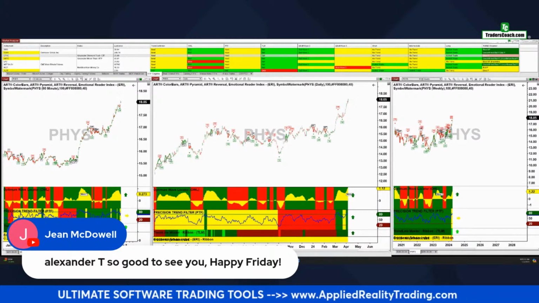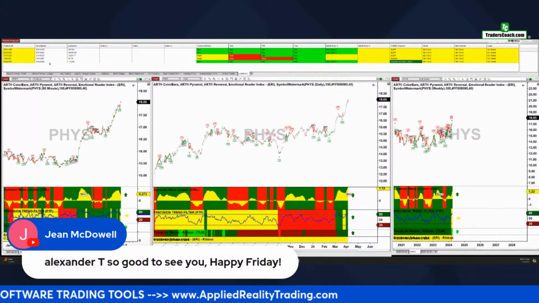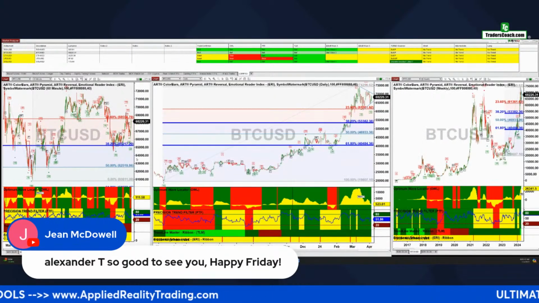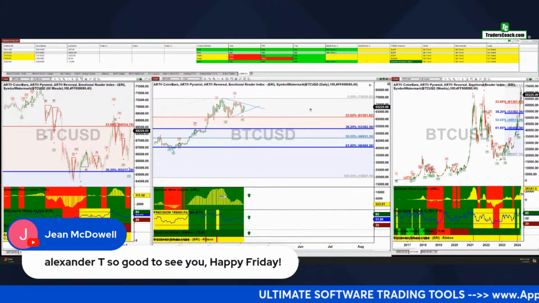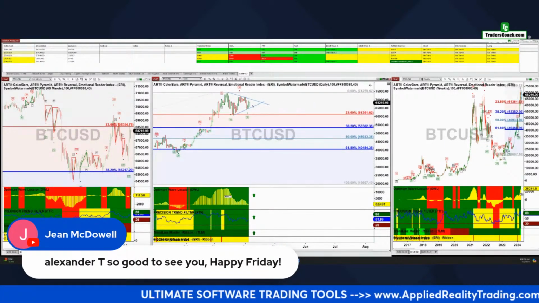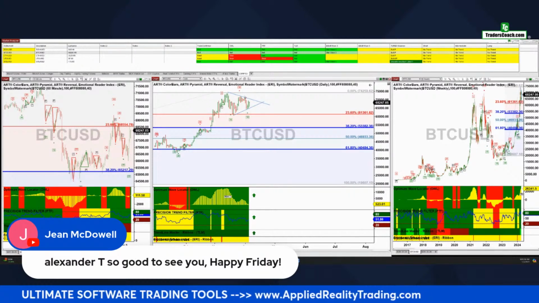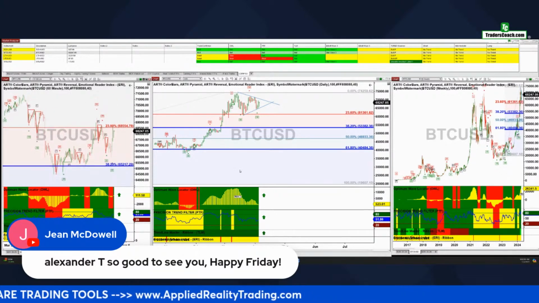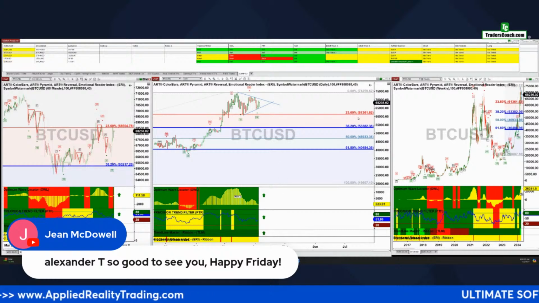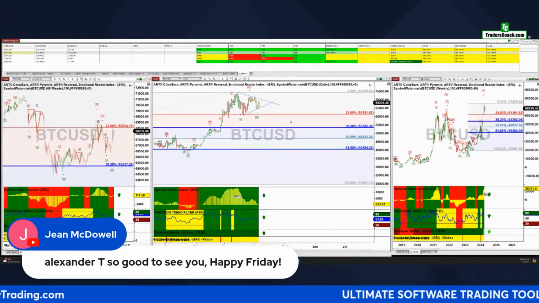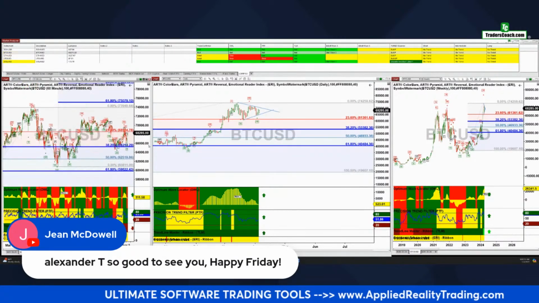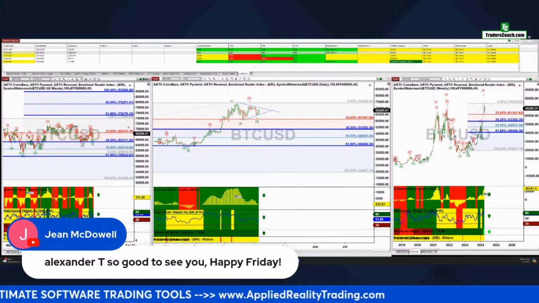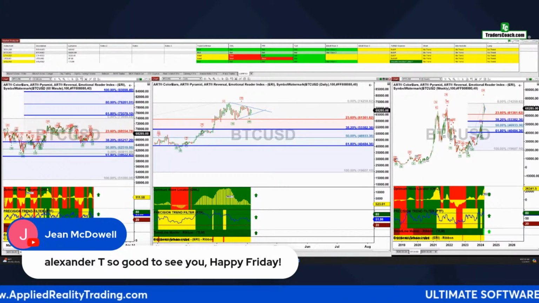Let's go over and see what Bitcoin's doing real quick here. Let me just take a look at the actual coin. I'm really watching this channel here, this pennant we got drawn here. Looks like, according to the PTFs, it should resolve to the upside, which is what I think is going to happen. So we'll see. Short-term target on the next high is around 75 to 84,000 on Bitcoin.